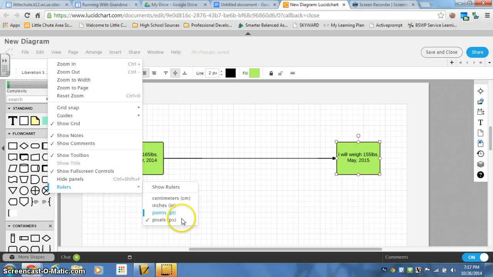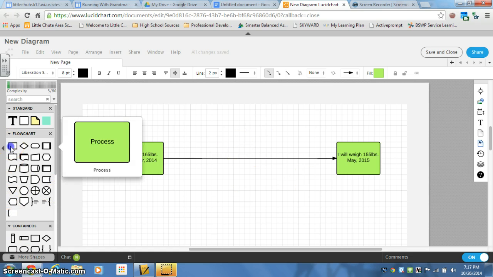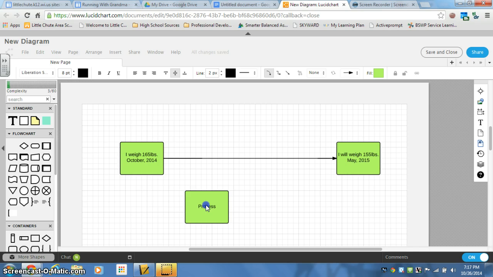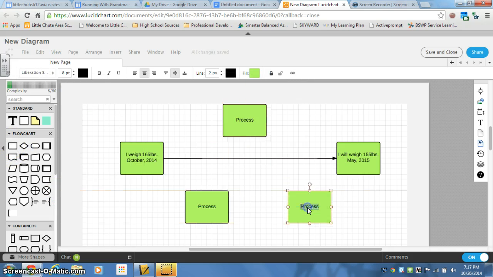The last thing you need to complete your chart is you need to draw 3 steps on how you're going to reach your goal. So you're going to insert 3 boxes, 1, 2, and 3. You can move them however you would want to move them, just to make them even. Now I'm going to connect them